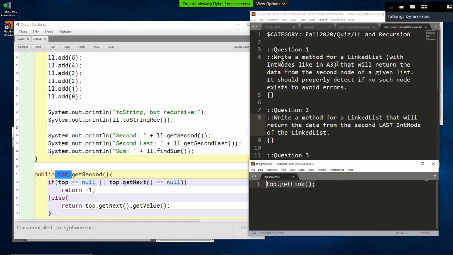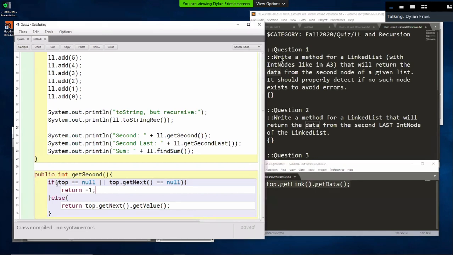Once you get the node, refer back and you see, okay, well, I actually need to get the data from the second node. So what I actually want to do is get link. Now this will give you the node, and then to get the data from the node, you're using get data, right? So now this is returning an int, and then all you're basically doing other than that is adding some